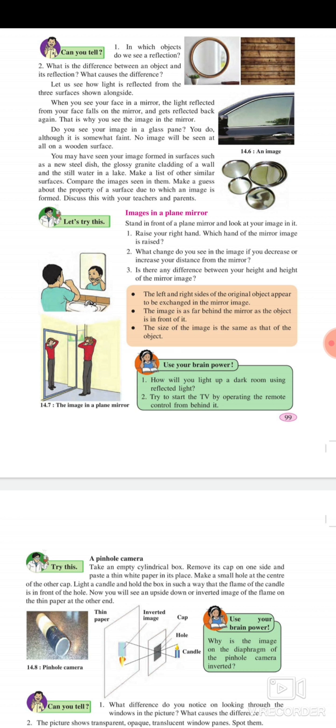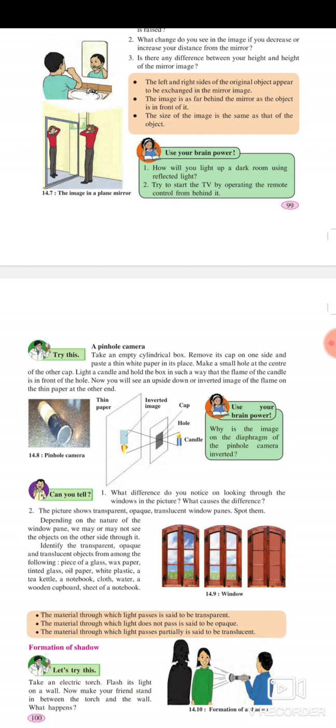Use your brain power. First, how will you light up a dark room using reflected light? Second, try to start the TV by operating the remote control from behind it. Try this. A pinhole camera. Take an empty cylindrical box, remove its cap on one side, and paste a thin white paper in its place.